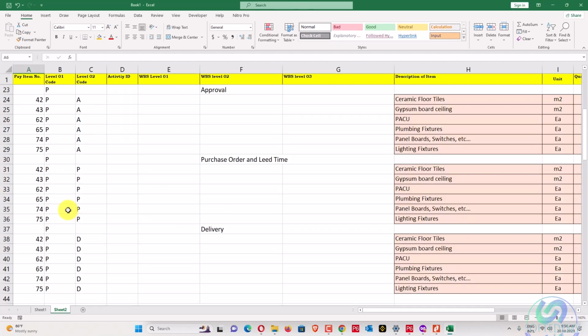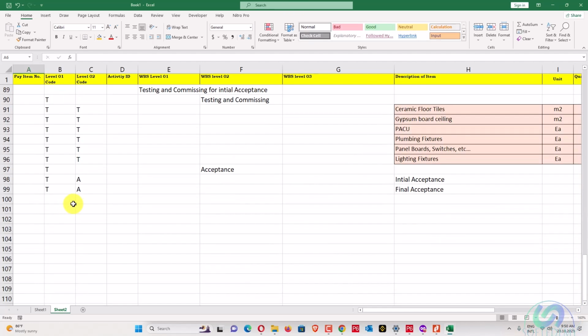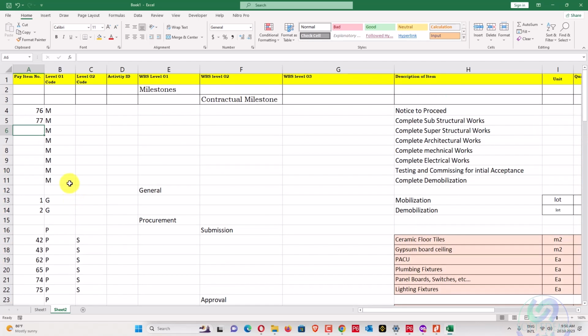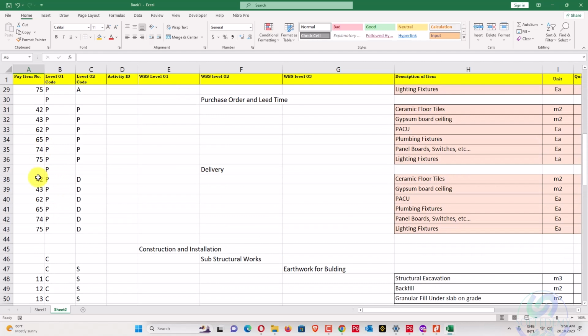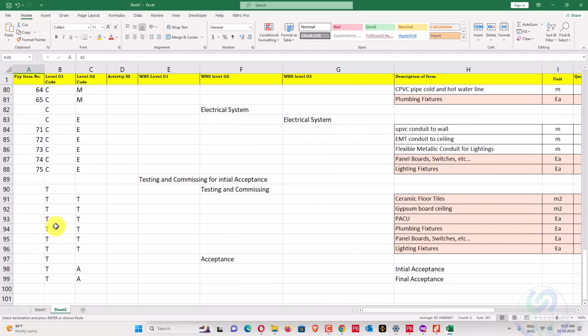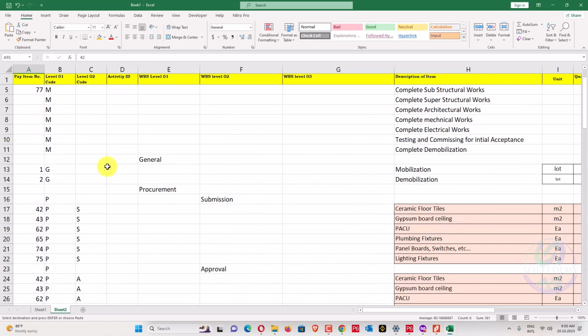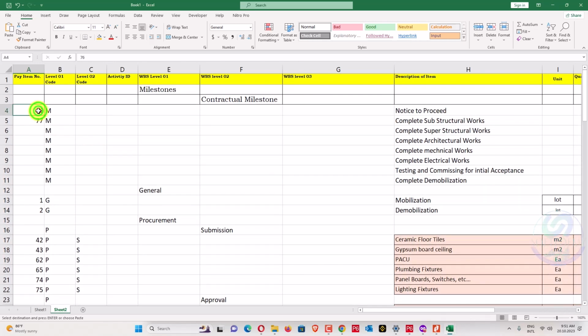Let's check we haven't used those numbers. What did this type of activities? Also copy this one and paste it here. This one will be same. Okay, we'll use 101. This will be unique, and we'll paste this one here.